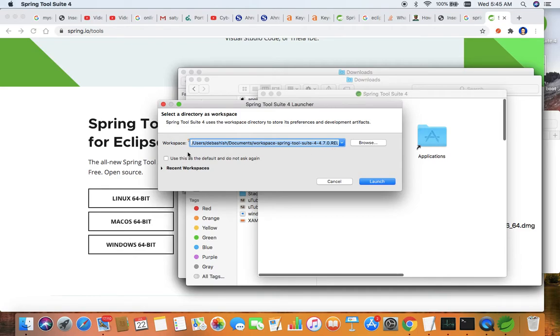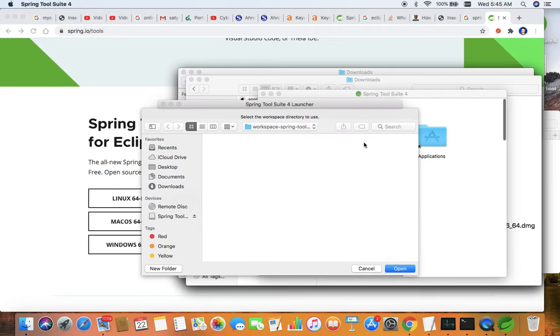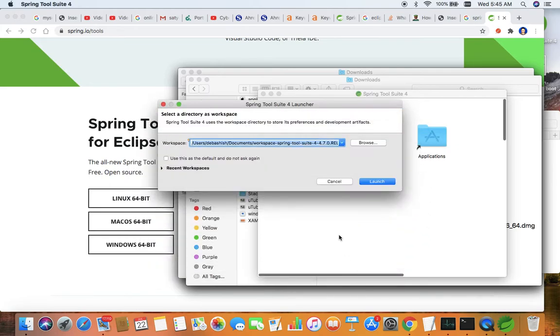When you open it, you will automatically find the workspace getting created in a folder. You can change the folder or you can keep it as it is. I will keep it as it is. It's going to create a folder named workspace-spring-tool-suite-4-4.7.0, and launch.